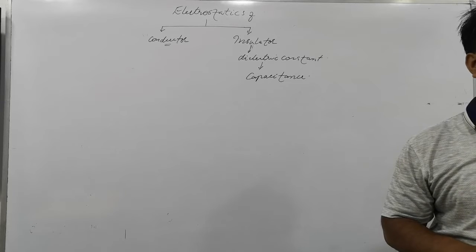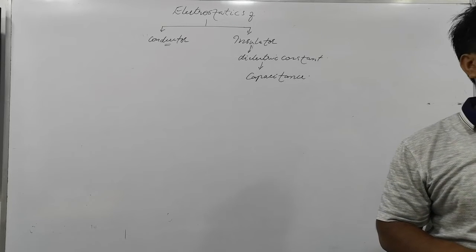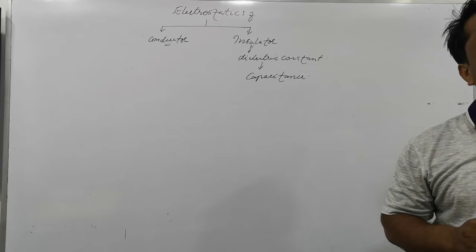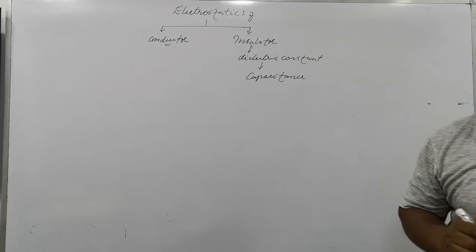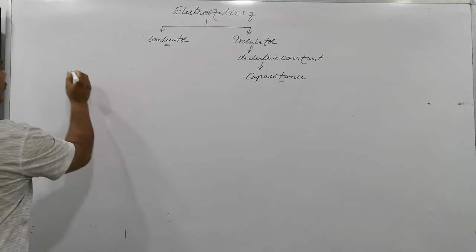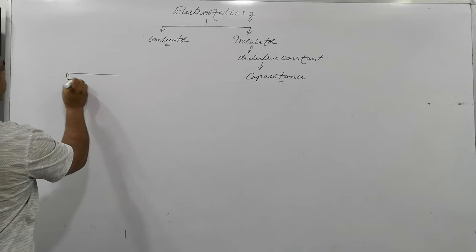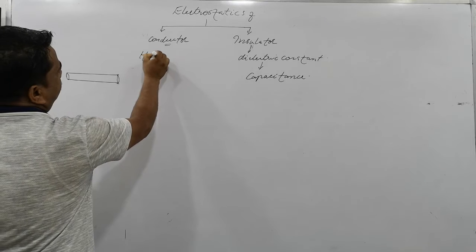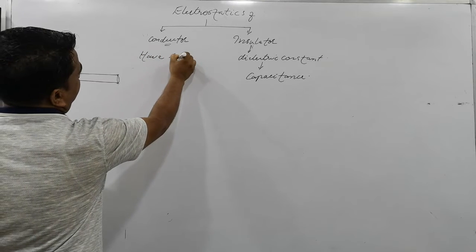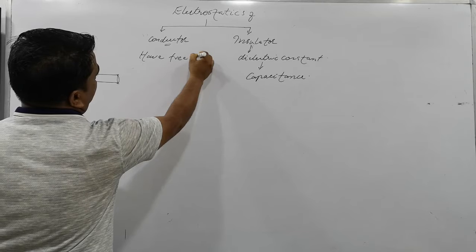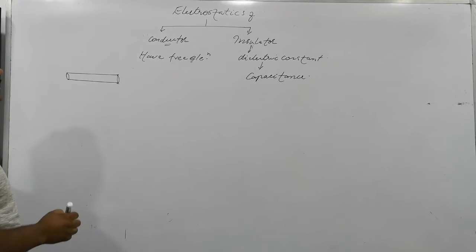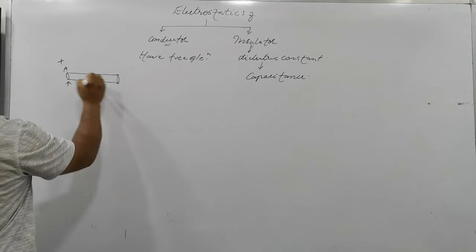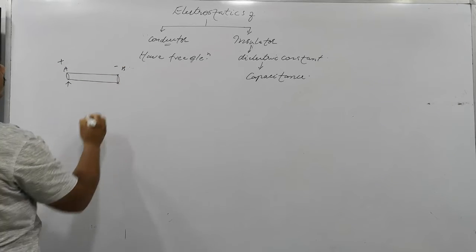In chapter 1 we have seen that all conductors have free electrons. Free electrons, in the sense that when a potential difference is applied at the two ends of, suppose, a rod of conducting material, the electrons can move. So a conductor has free electrons. At end A we apply the high potential, and at B we apply the low potential.